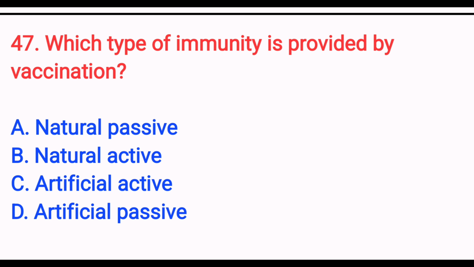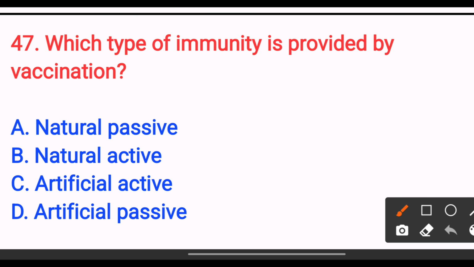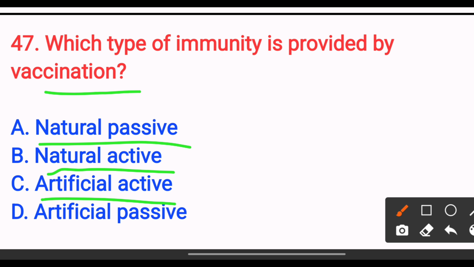Which type of immunity is provided by vaccination? Option A natural passive. Option B natural active. Option C artificial active, option D artificial passive. The answer is option C artificial active. Vaccinations introduce antigens that stimulate antibody production and memory cell formation, known as artificial active immunity. So the answer is option C. Next,